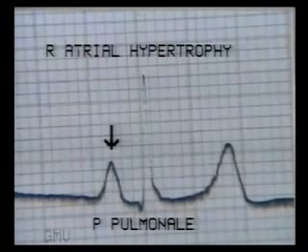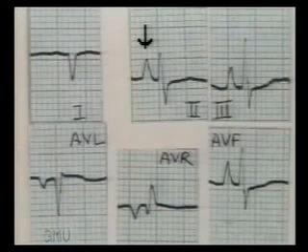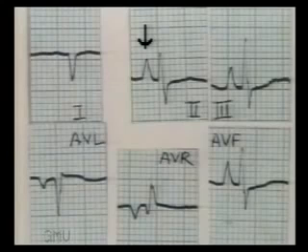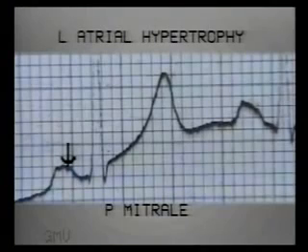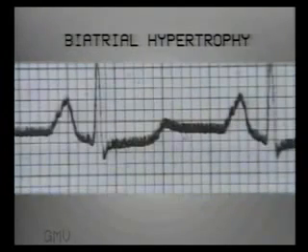In this ECG, lead 2 shows a tall and peaked P wave, which is 3 small squares tall. This is P pulmonale, suggesting right atrial hypertrophy. This ECG shows tall and peaked P waves in 2, 3 and aVF, typical P pulmonale. This is P mitrale, no notch but 2.5 small squares wide, suggesting left atrial hypertrophy.